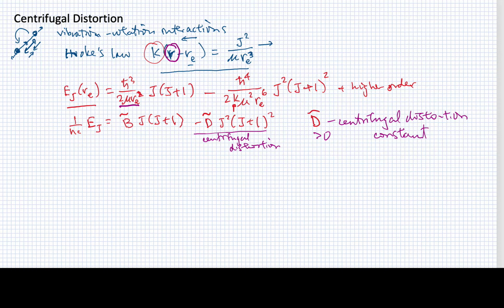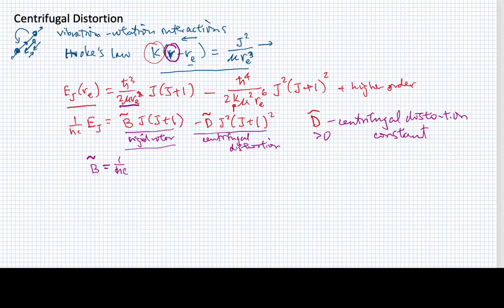So this is how they get closer together, and I'll simply remind you that these are the rigid rotor levels right here. So this would be what we would have if there were no centrifugal distortion. When we add the centrifugal distortion, we'll have this additional thing going on here. Now these two constants, we've already seen B, but I'll remind you that this B tilde is just 1 over